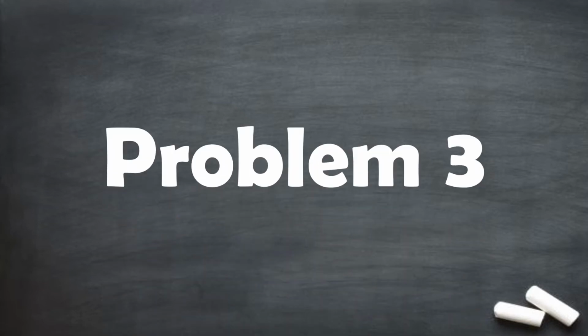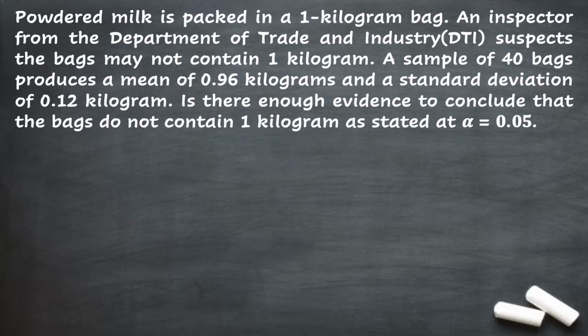Problem number 3. Powdered milk is packed in a 1 kilogram bag. An inspector from the Department of Trade and Industry, or DTI, suspects that the bag may not contain 1 kilogram. A sample of 40 bags produces a mean of 0.96 kilograms and a standard deviation of 0.12 kilogram. Is there enough evidence to conclude that the bags do not contain 1 kilogram as stated at alpha level equal